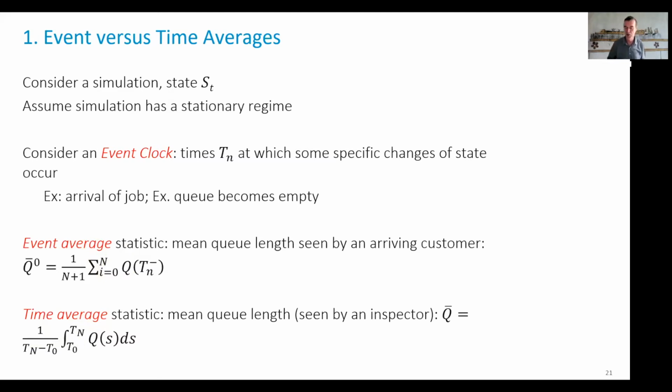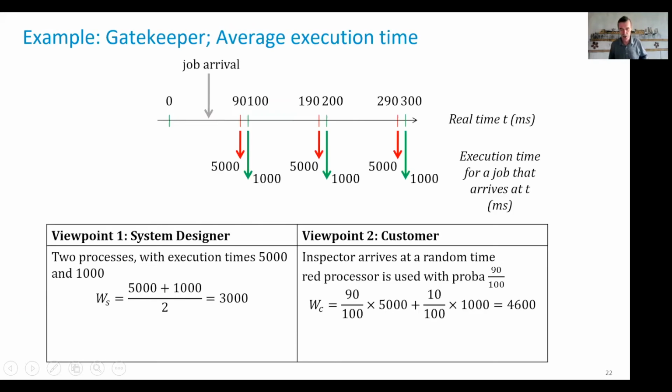We ask, when you go to another waypoint, you choose a speed, and what is the speed you take? So we look at the time series of speeds and we take the average. Another one is if I ask you every second, what's your speed? I take the average. I have two different viewpoints, which means I have two different statistics. And in general, you expect them to be different.